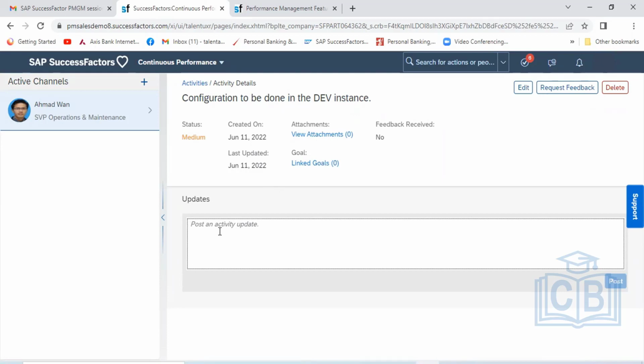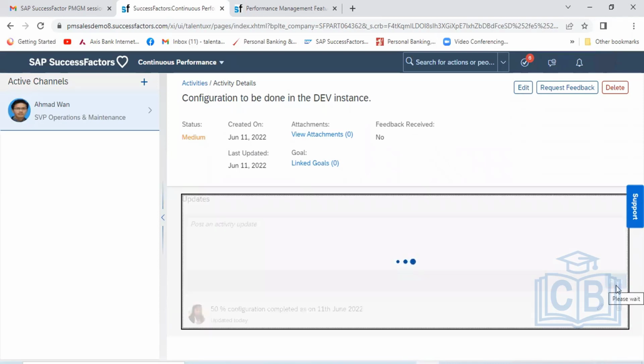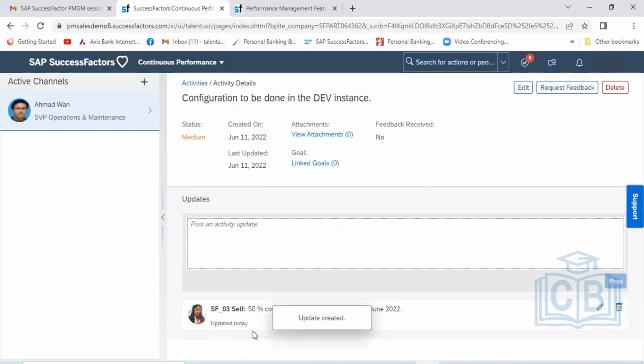So I'm specifying the status update of this particular activity. So I'm just posting it. Okay, so it will be showing the update here.